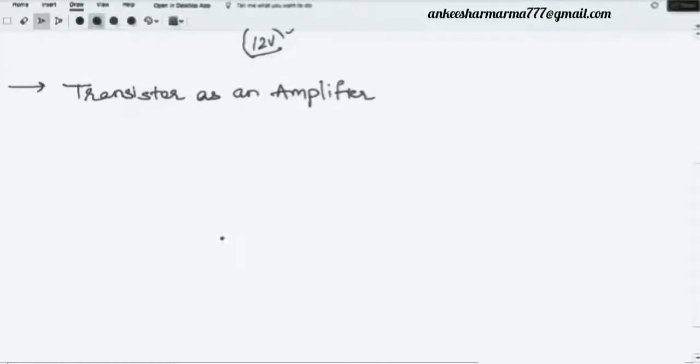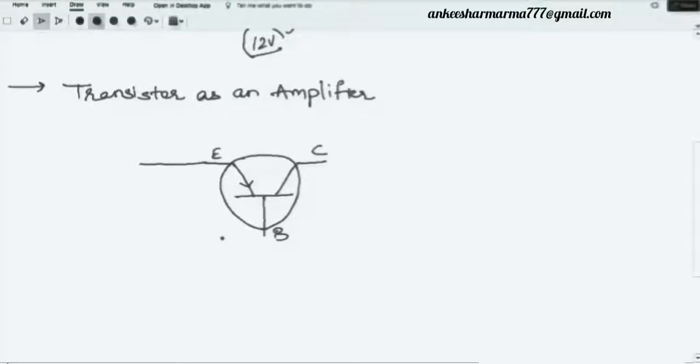So I will draw a diagram. I will take this transistor. Can you tell me whether this is the symbol of an NPN transistor or a PNP transistor? Anyone? Definitely this will be my emitter because the arrow is on this terminal. This is my collector and this is my base. Is this PNP or NPN? Yes, very right. It is PNP because the current is going away from the emitter and it is entering either the base or the collector.